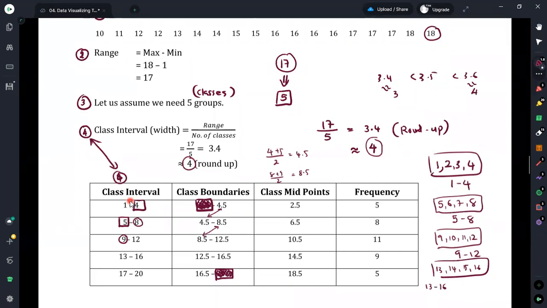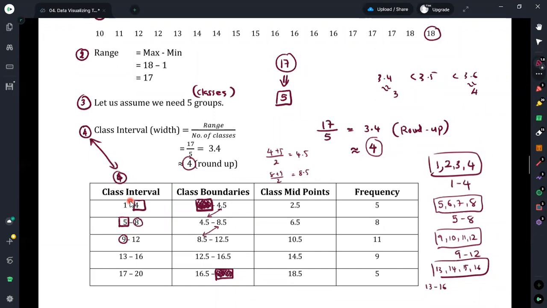But even if you have only calculated this first class boundary, by adding the class width to this boundary, you can always construct the next class boundary. It is because this is the first class boundary you have obtained, and it would be similar to the lower class boundary of the next higher class.